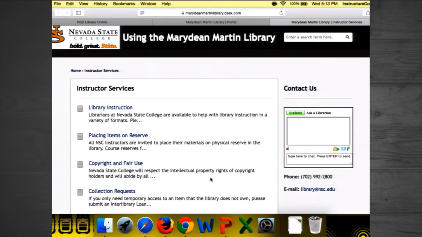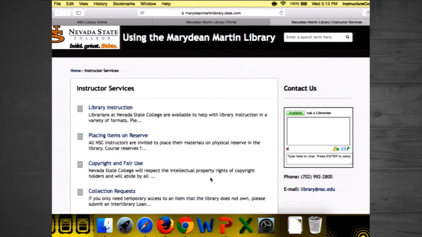So this was another page that we created based on faculty input, as well as a lot of the requests that were coming in. So the biggie, library instruction, they want a library session. This link will direct them directly to a form to request a session, and they can request any of the librarians. A lot of them also have items that they need to place on reserve. So whether it's a DVD or a book or maybe a journal article, they have direct access to placing items on reserve. And then a lot of them have questions in terms of copyright and fair use on what they can embed in their course shell. That'll take them to that area where they can determine whether or not they can use certain content in their Canvas course.